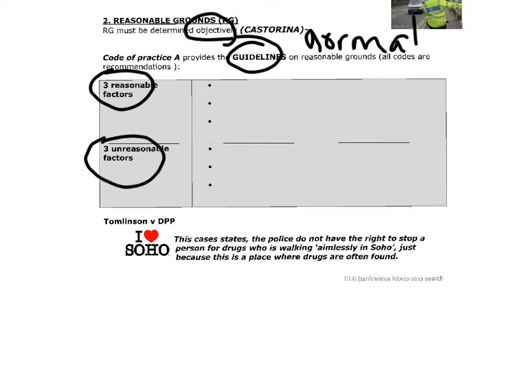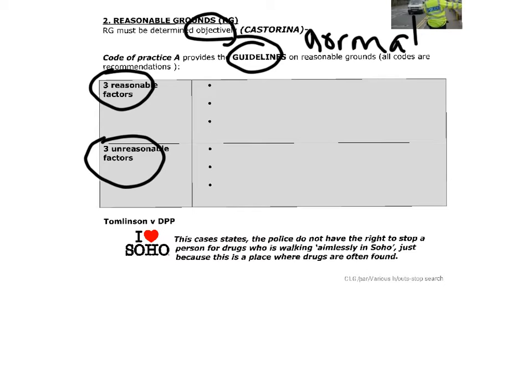Bottom of the page then, you've got a case, Tomlinson versus DPP. So DPP is the Director of Public Prosecutions, so it's working for government. Tomlinson is your defendant. So this case is just showing you that just because you are in a well-known area that might be known for drugs or violence or whatever,